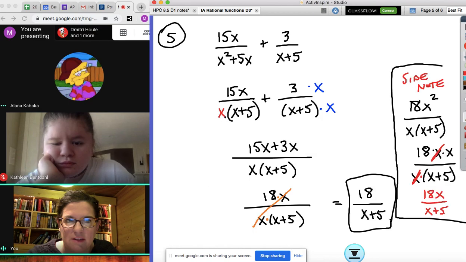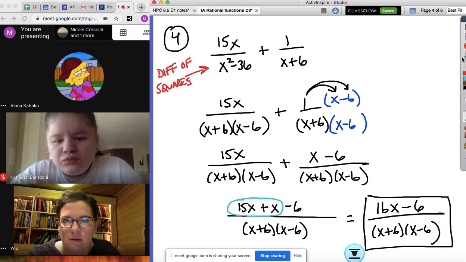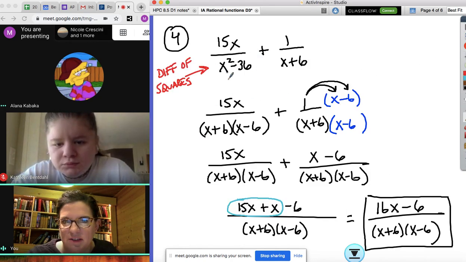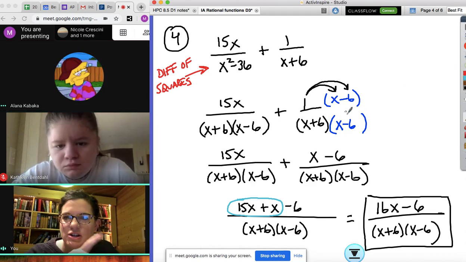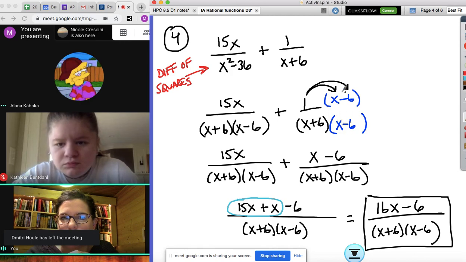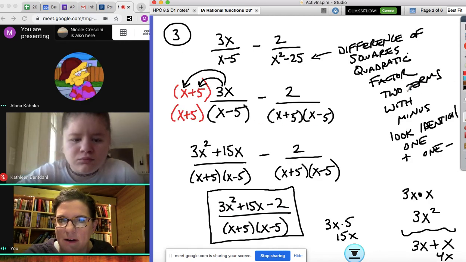Or this previous problem, when you take out an x, you realize, oh, they both have an x plus 5. Or here, when we factored this difference of squares, we realized, oh, this has an x plus 6 just like this one did. So they're going to have something in common, and then you're in charge of